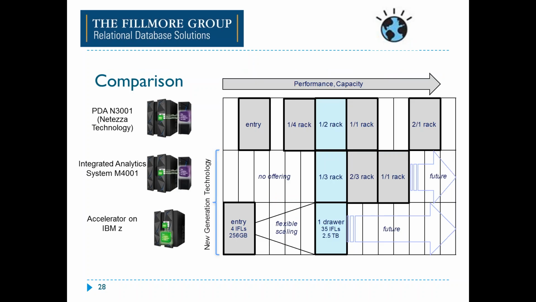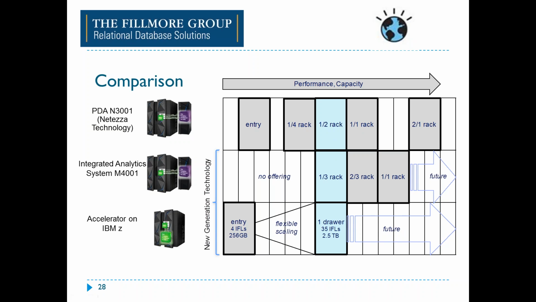So here is another comparison, and I like this screen. Again, this is an older slide, but I think that it really tells the story well. The top line is the pure data system for analytics using the Netezza FPGA technology. So if you have a quarter rack, a half rack, or a full rack, that's where the IDAA is today. The IIAS, and this is the M4001, I have another slide for the most current 4002. A third rack would be equivalent to a half rack of the PDA. So if you have a half rack today, all things being equal, you would probably move to the third rack,